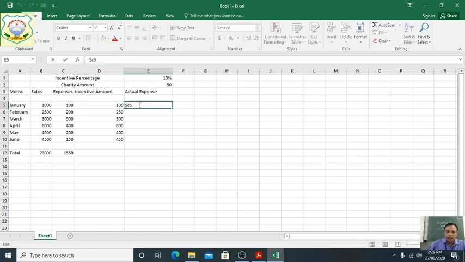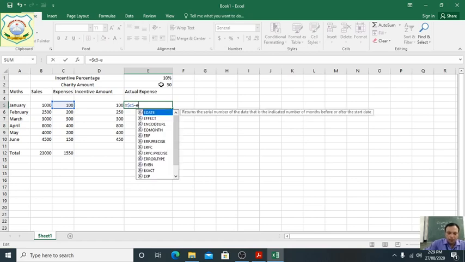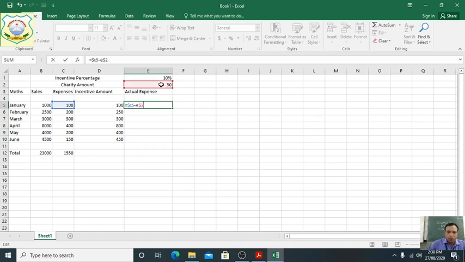We know that in Excel all the formulas start from the equal sign. $C4 minus the charity amount, E 2. So E dollar 2. See here, what answer will we get? 50. 100 minus 50, that is 50.